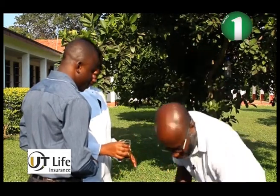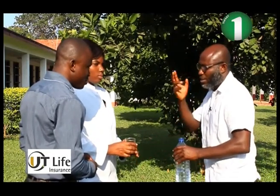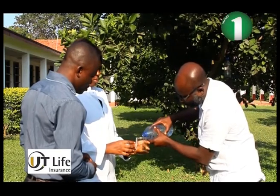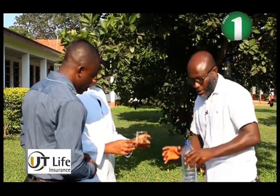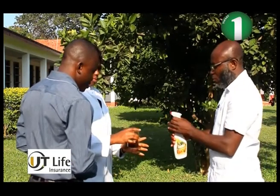So we add water. Actually, it's 1:3. So whatever quantity we fetch, we add three times the same amount of water. We pour it on it. We shake nicely. Then we put it in a